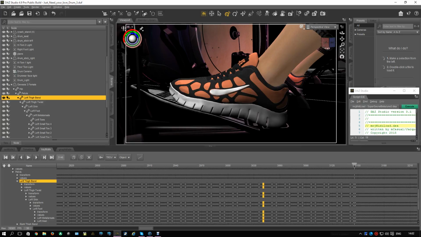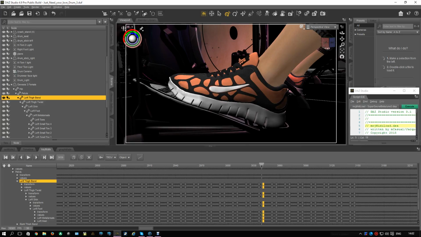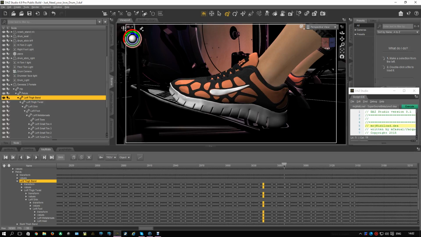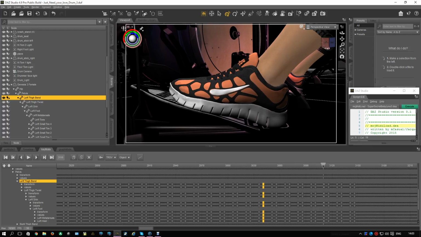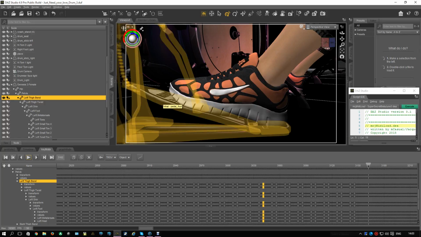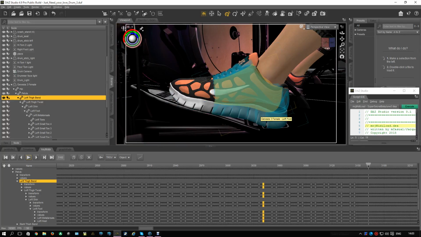Now what we need to do is just check what we've done. So if we come back here and slowly go along that timeline, you can see that foot now is syncing up reasonably well with the pedal. Okay? As we go along. Okay, so effectively, if I started here, press play. Okay, that's how we've got the Generation 3's foot to sync up with the hi-hat pedal there,